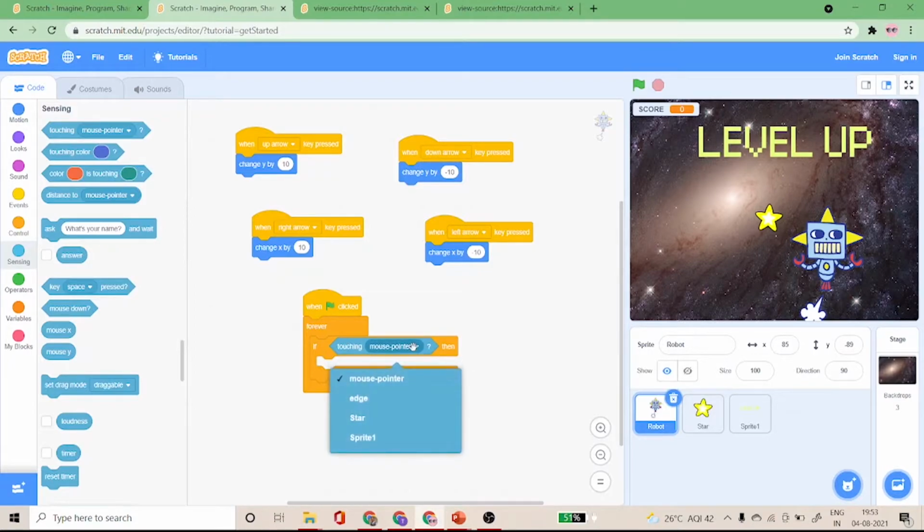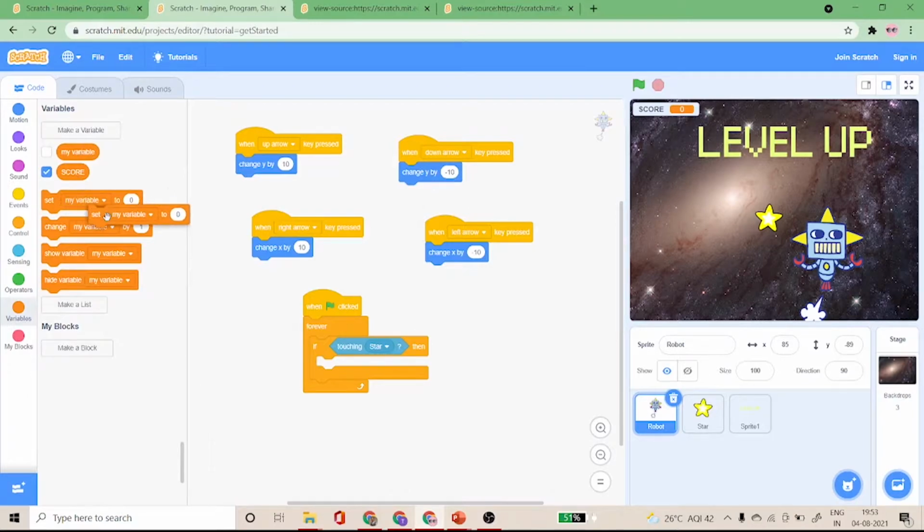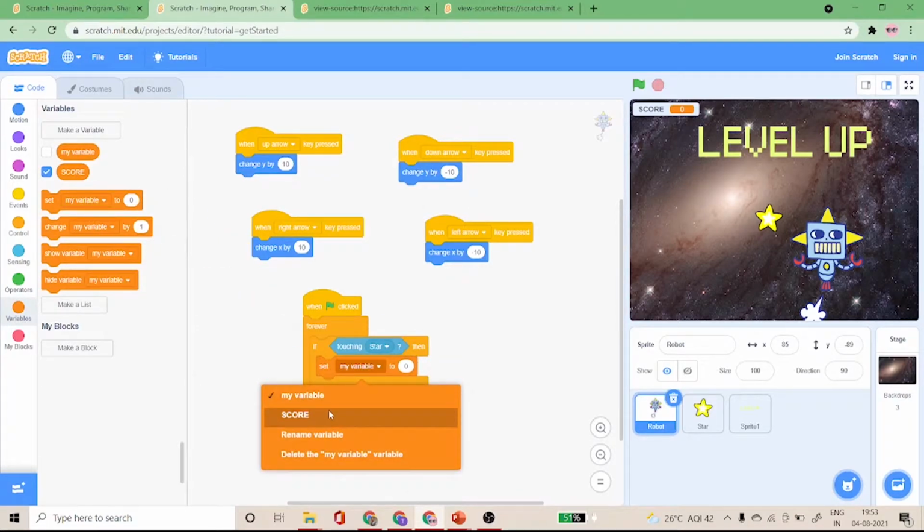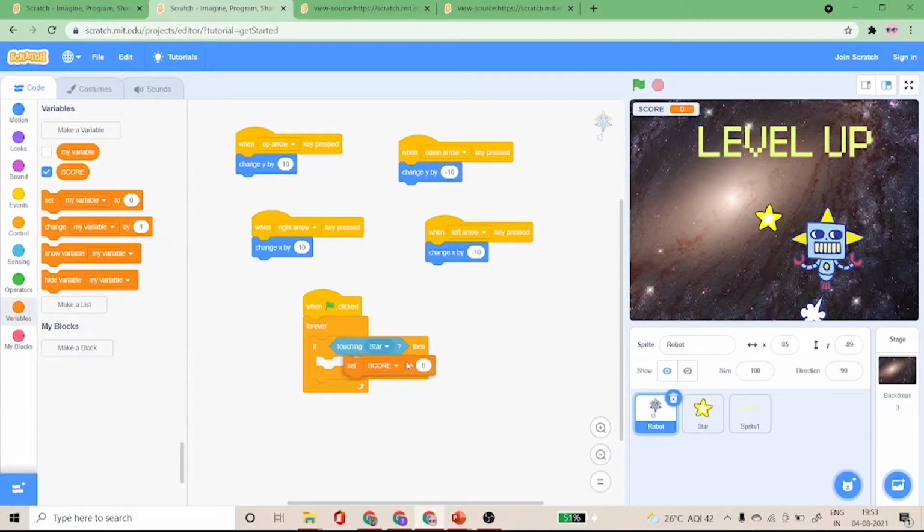I want it to be selected as star. So whenever my robot is touching the star, I want the score to be increased by 1. So I'll take this block, keep it here, and change it to score. I want the score to change by 1.